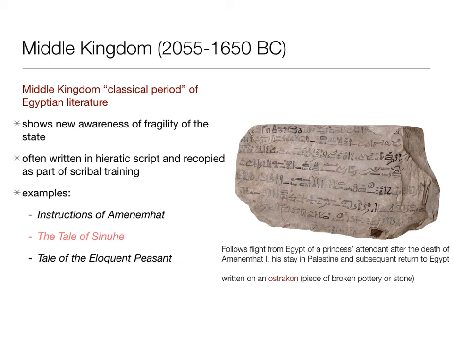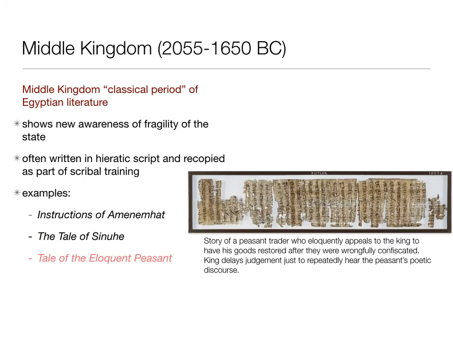But in this case, they're using it as sort of a piece of scrap paper where their students would practice writing out stories, math problems, whatever. It's like your sheet of notepaper. And there's a lot of broken pieces of stone and potsherds lying around, so those would be used as kind of scrap paper. And so we see those sorts of things with manuscripts on them, texts on them. And so here's another example of that. You can again see these aren't necessarily in formal hieroglyphics; they're in other kinds of writing systems, right?